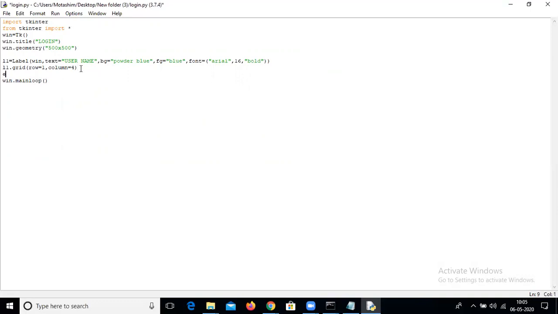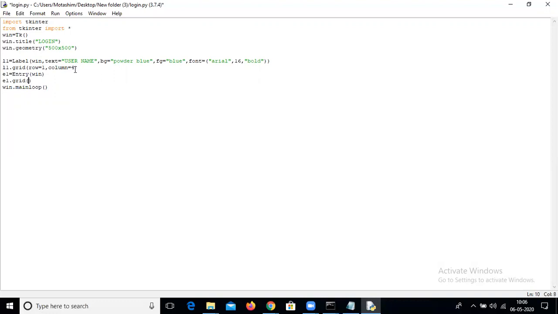Now I'm going to create the entry. On entry there is a name entry. In entry we will just pass the argument. If you want text inside the entry, just simply copy this thing and paste it here. Okay. Now again we have to place the entry into the main window. How can you place it?